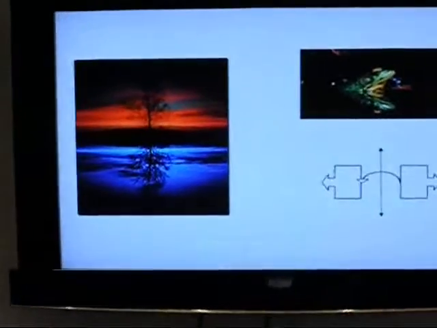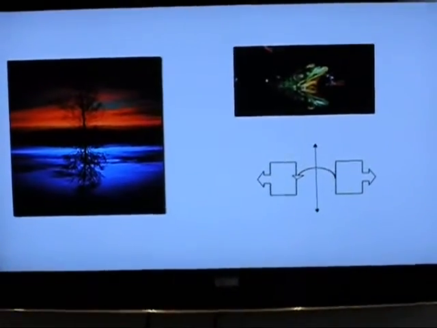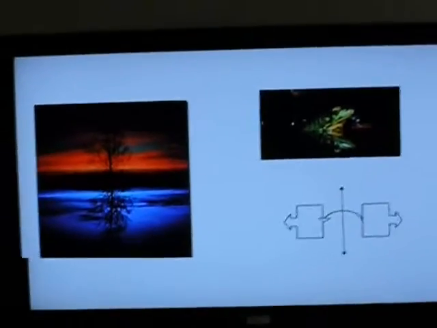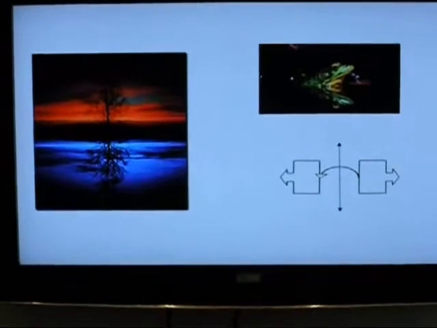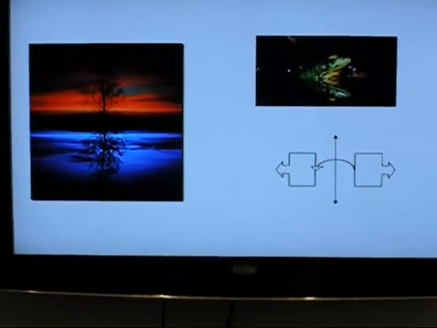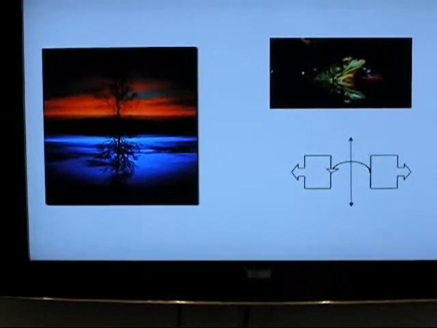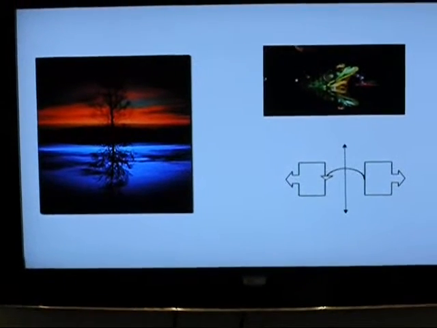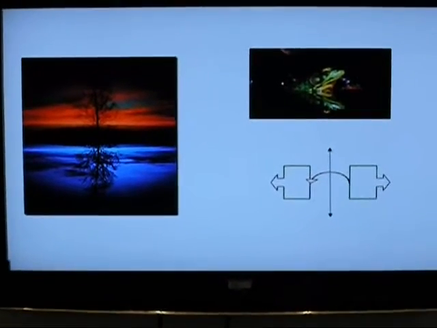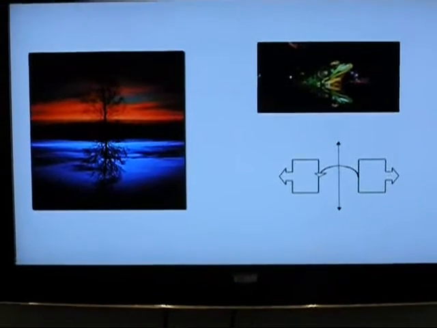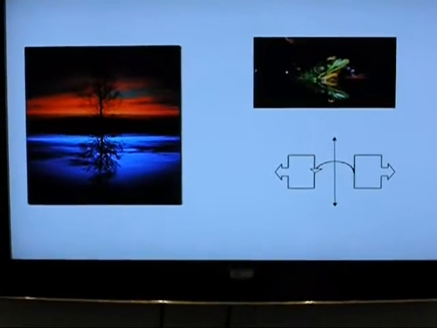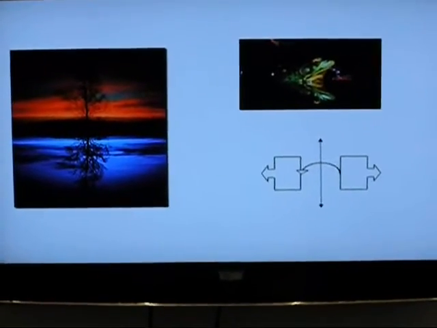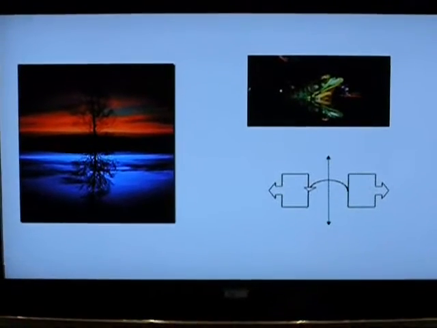So on the screen we can see that on the left-hand side we have a picture of a tree, and its line of reflection is the ground, and this tree is reflected into the water. This tree is still the same congruent shape, but it is flipped over the line of reflection. The frog on the right-hand side on the top is reflected into the water as well, and his line of reflection is right on the water. Still, once again, we have a congruent figure that is flipped. If we move down, we have an irregular shape, and it starts on the right-hand side, it's flipped over to the left-hand side, and once again, we see that it is congruent,